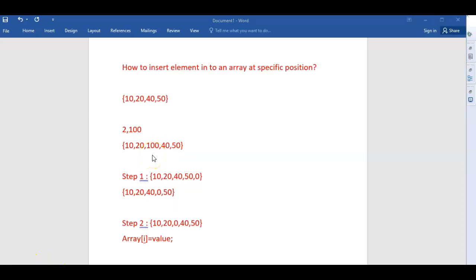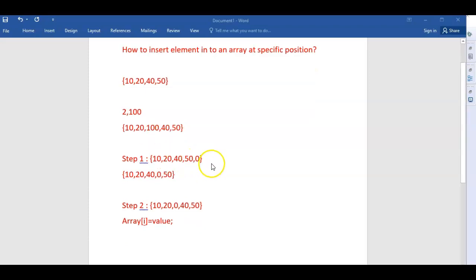Hope you understand the logic, right? If you have to insert an element in an array, we need to swap the elements from the last, and till the index is greater than location, we keep on swapping the elements. Finally, when the condition fails, we need to copy the element to the particular index. So this is the main logic.